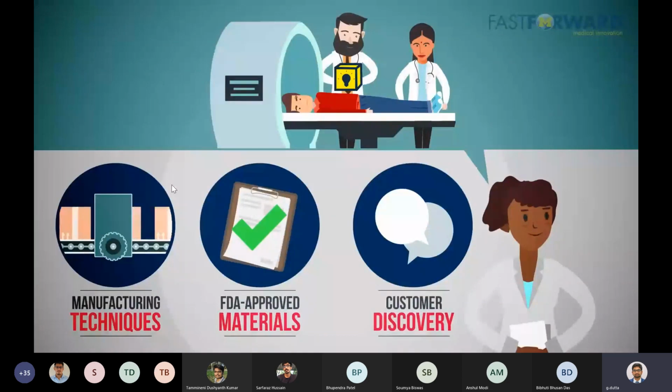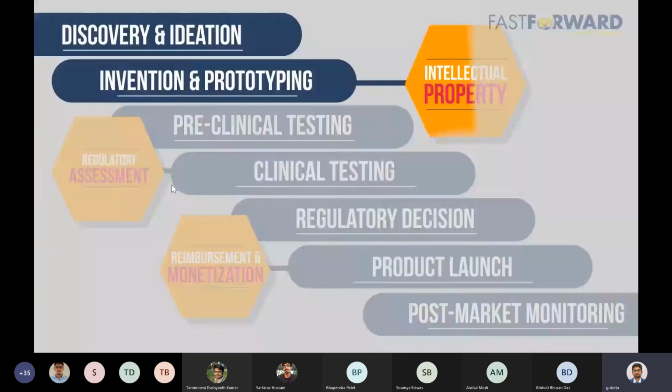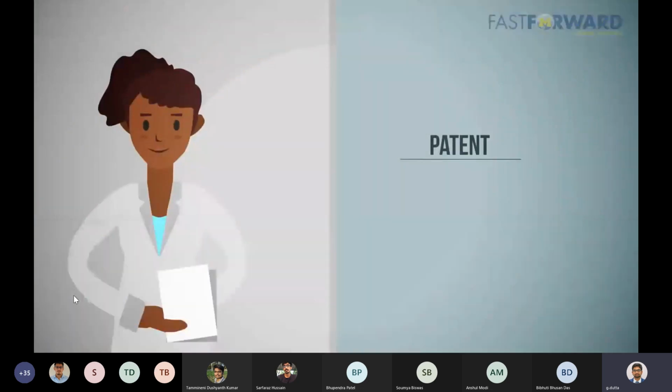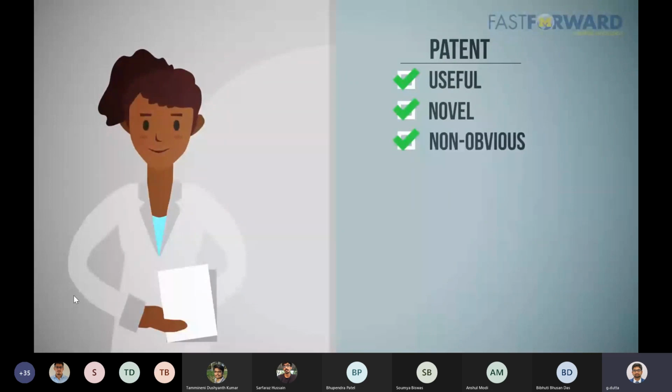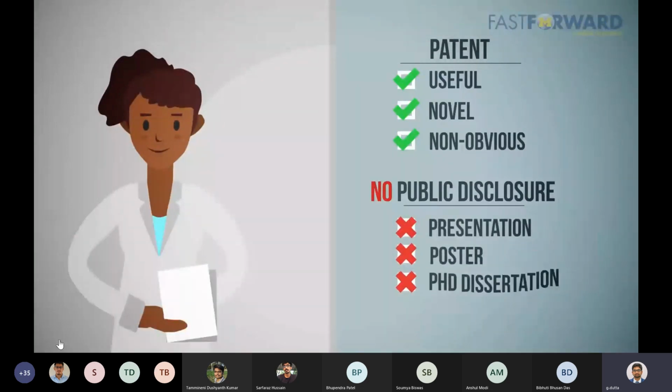Once you have made some progress on your prototype, start to think about your intellectual property, or IP. IP protection is usually accomplished through patents. The design and function of your technology must be useful, novel, and non-obvious to be patentable. Additionally, be careful not to publicly disclose your technology before it is protected, which means detailing your technology in a public setting, such as a presentation or poster, a PhD